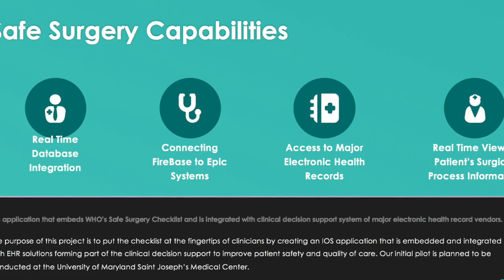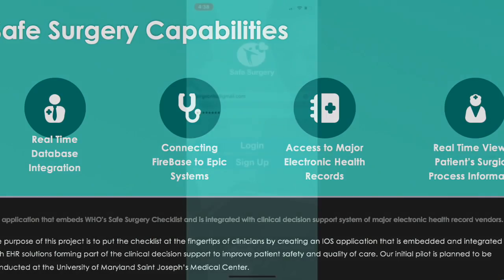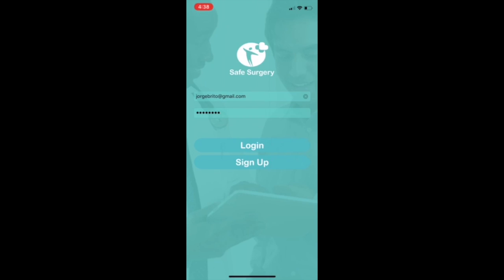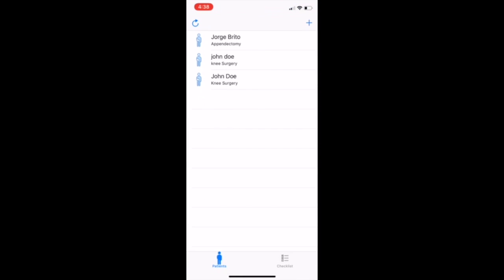First, we would start off with the login screen. Here, a nurse, an anesthesiologist, or a surgeon can sign into the same menu using their required credentials, which is a username and a password. This is then authenticated with Firebase real-time database. Once signed in,